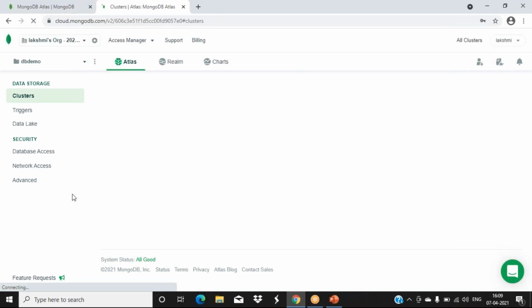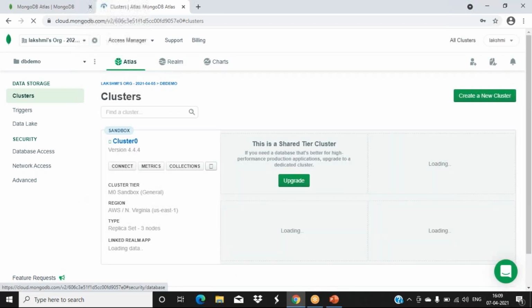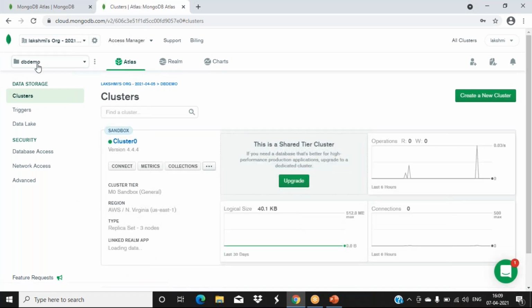Yesterday I showed you how to create a project. So this is the project I have created. Inside that project I have created a cluster also. It is free; we have paid options, but you can go for the free option. You have created the clusters. This type of window I got, and in that is how to make connection settings.